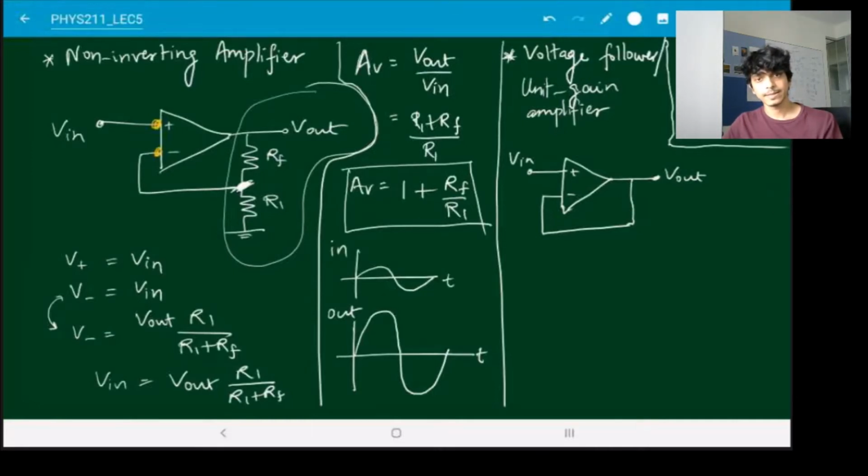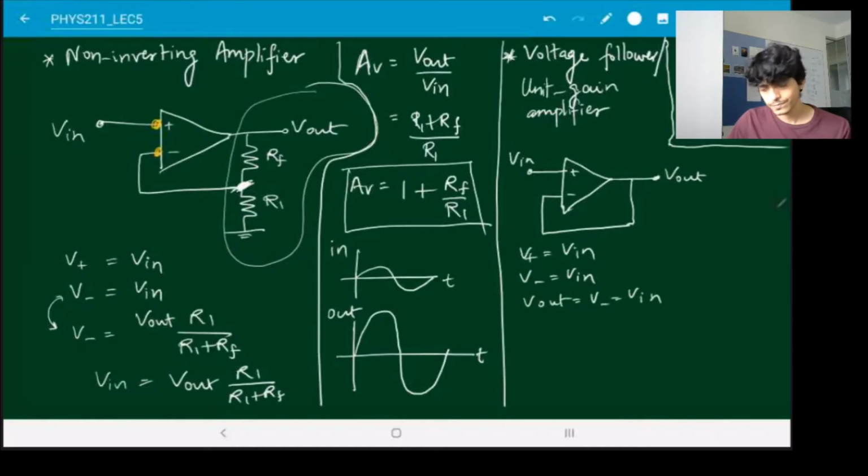How should we analyze this? V plus is Vin. So V minus should also be Vin because of the virtual short. And then you can see that V minus is directly connected to Vout. So Vout is also Vin. So the voltage gain is 1. So that's why it's called the unit gain amplifier, because the gain factor is unity or 1,